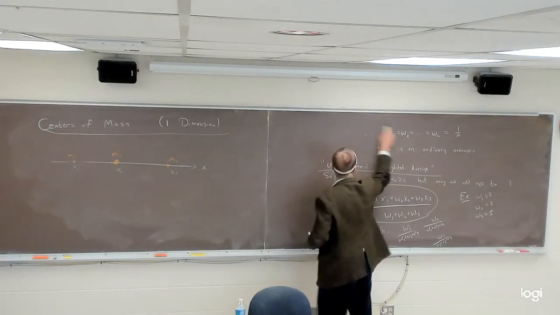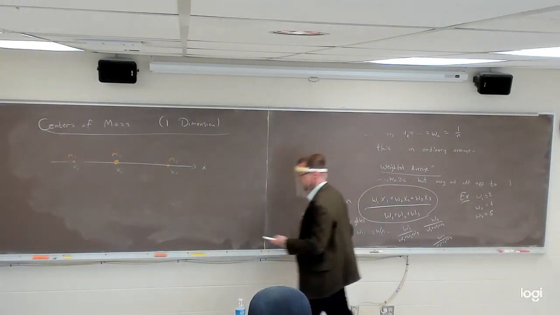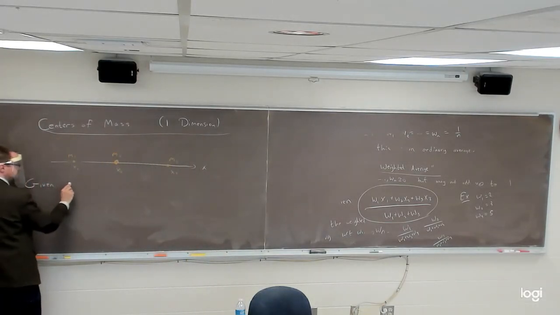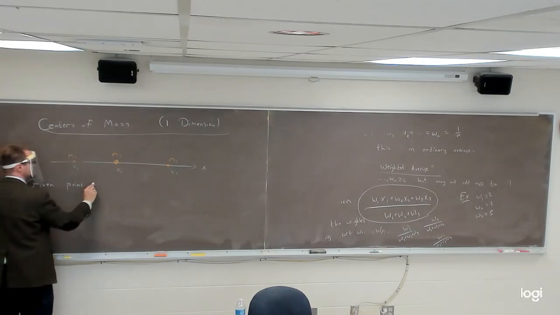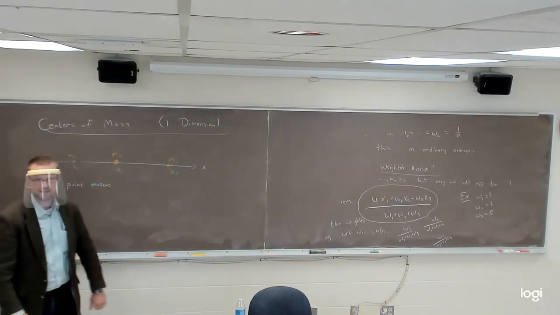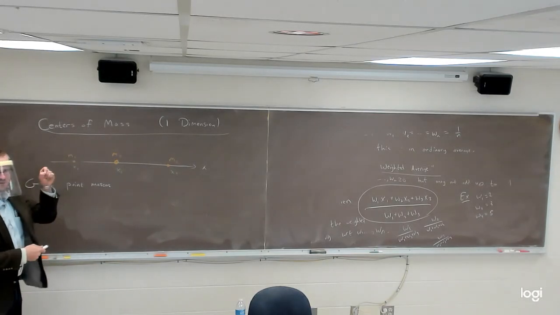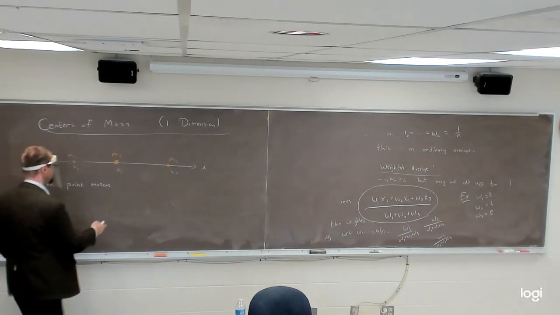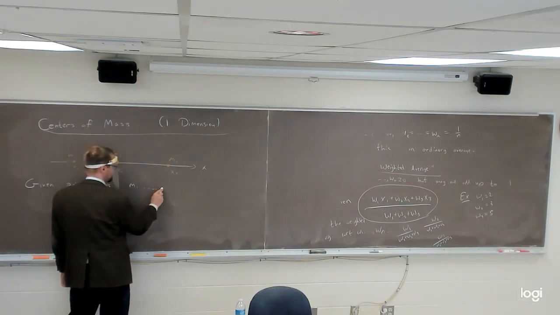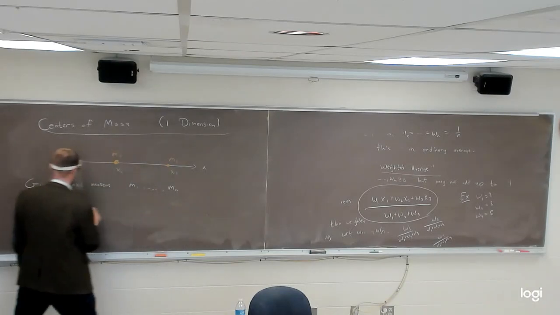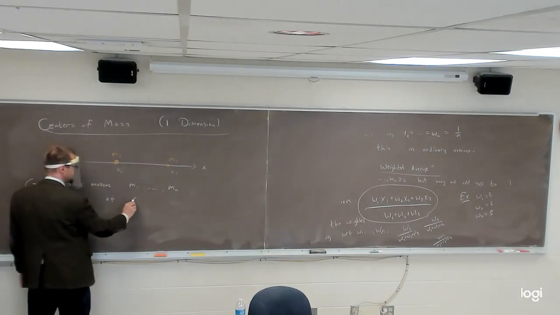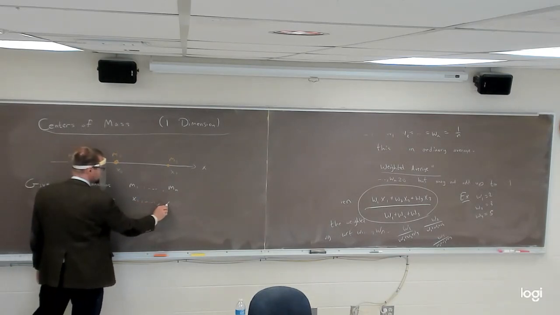So, given point masses, this is an idealized assumption. I'm assuming my masses take up no space. They're sort of like atoms, but even smaller. They're localized to be infinitely small. Given point masses, with mass m1 through mn, located at coordinates x1 through xn,